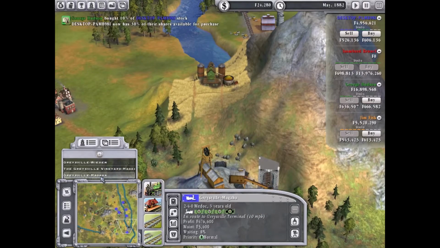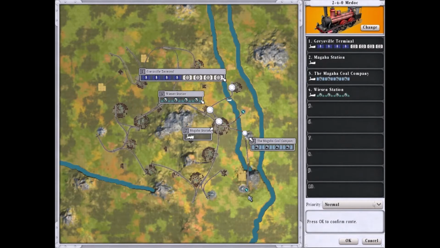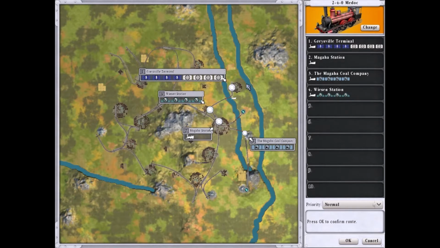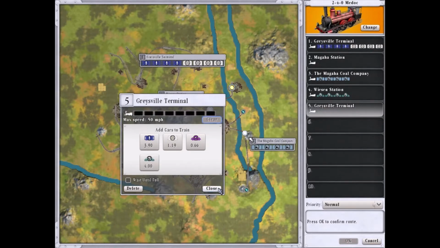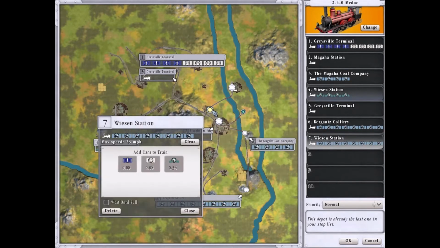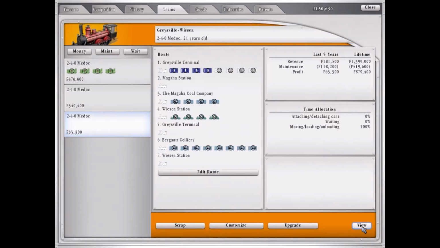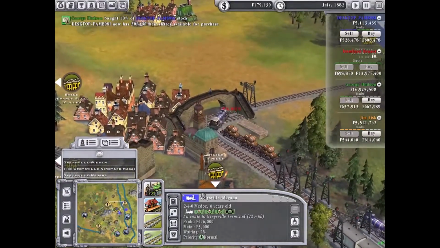Where was I? Oh, okay. Let's see. Building, tweaking this train route some more, getting the maximum available coal into Wizen. Basically, what I was hoping would happen would be that I would pour all this steel into the steel mill and get a bunch of cars out of it and make a bucket of money so I could stave off the